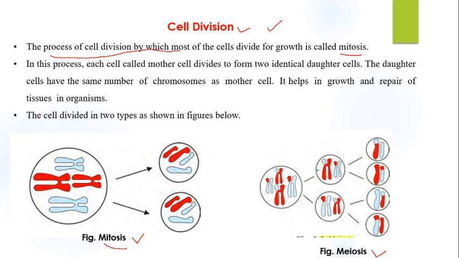Crossing over means exchange between these chromosomes. One part of this chromosome is attached with this one, and one part of this chromosome can be attached with this one. This process is called crossing over. Due to the exchange of DNA segments between the chromosomes, a change comes in the gamete. So the two siblings or four siblings of the same parents are not similar. I hope you have understood about mitosis and meiosis.